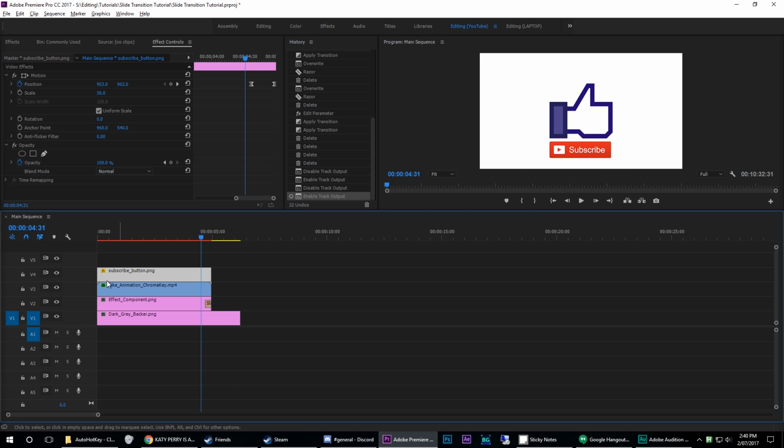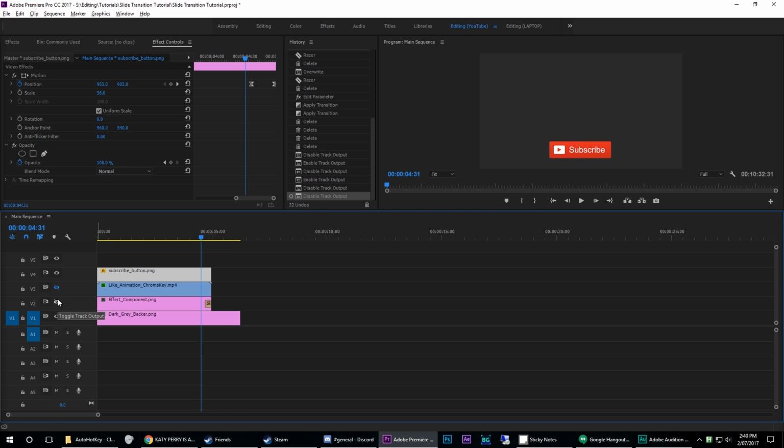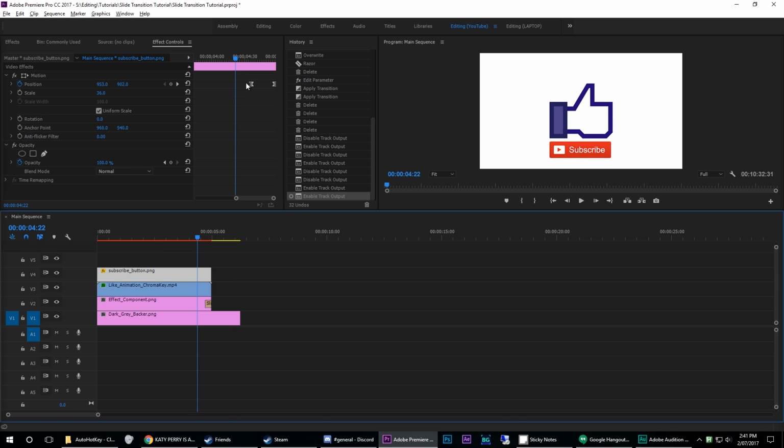So that basically means that if I were to disable all the other layers, we just have the subscribe button. You can see it moves from this point all the way over to somewhere over here in that amount of time. Basically, once you've done this, all you need to do is copy across these keyframes onto this layer, or you can manually do them. I tend to do them manually just because sometimes you can get some glitches,